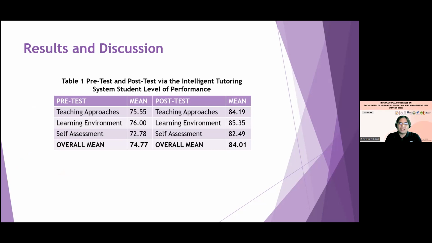Okay, so for the results and discussion, the table shows the students' level of performance before on the pre-test and after on the post-test, the use of the intelligent tutoring system in automata in terms of teaching approaches, learning environment, and self-assessment. It depicts that the result using the traditional way of teaching approach with 75.55% mean rose to 8.64% after using the intelligent tutoring system, since it included a new method of instructing